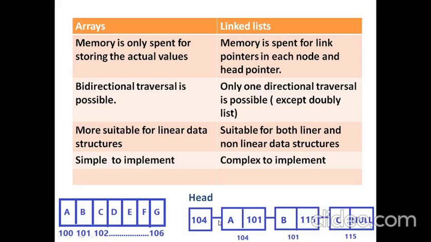Then I have to use the link pointer in each node to hold the address of the next node. Otherwise they will not be chained together. They will just remain as individual nodes in the memory. So this chaining is done here. And one more point you can notice is that the addresses are not in proper sequence. The first node is at 104, whereas the second node is at 101. This is impossible with arrays, but in a linked list there is no restriction that the addresses have to be in ascending order. They can be in any order, random order.